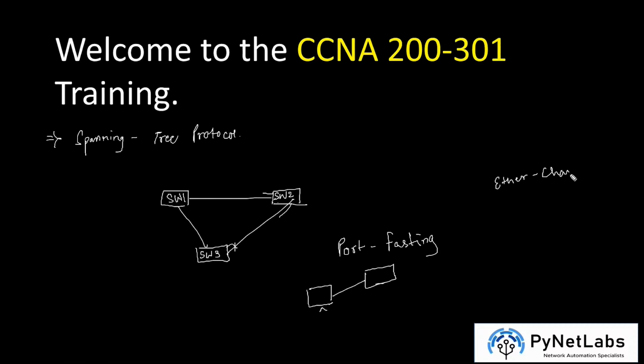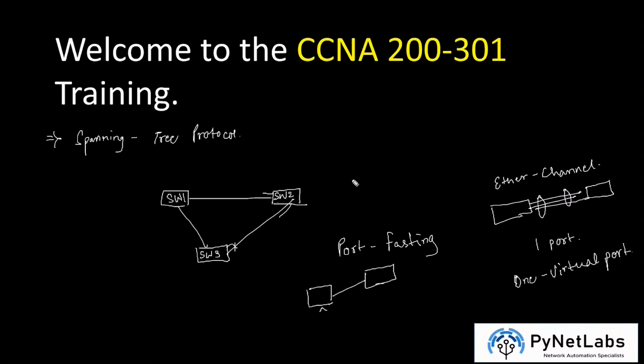So EtherChannels were connecting two switches over multiple links and creating a group of these links so that they can act as one port, and STP considers them as one virtual port instead of multiple links. So that was something which we discussed yesterday, and today the topic which we have to cover